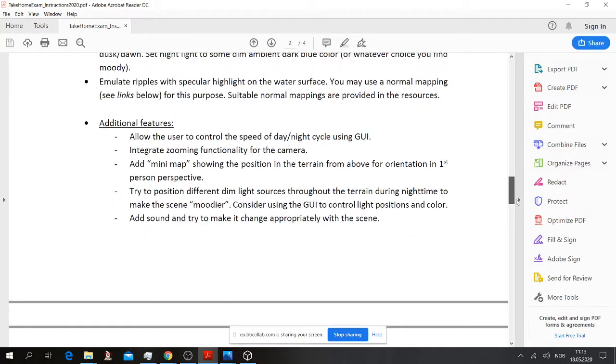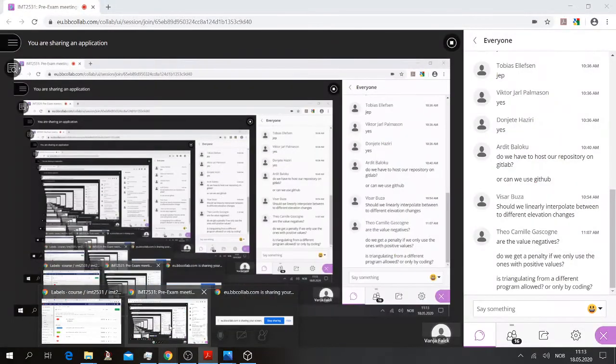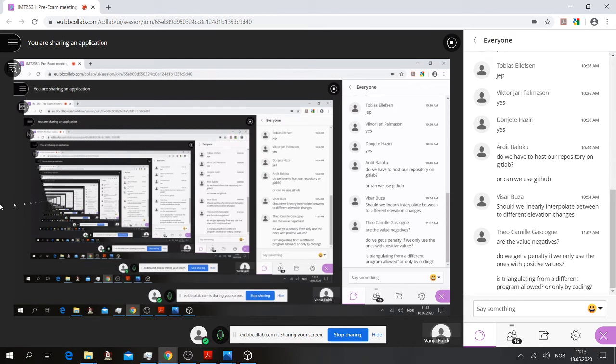So that's the 3 tasks. Are there any questions to this before I move on to the rest?